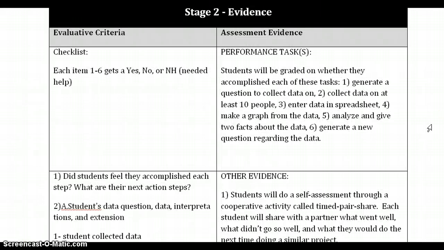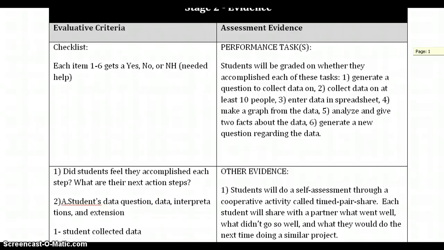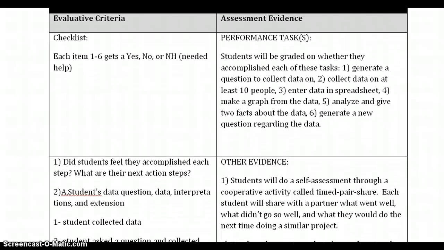Alright, the next stage, stage 2, was the evidence. And in this, I broke it into 2 basic sections. There's the performance task, which I'm going to plan to use a checklist because that's easy for me. I use a clipboard and I just have each child's name on the clipboard, and it's easy to write a number, or in this case I'm writing yes, no, or NH, meaning needing help. So each student will be graded on whether they can accomplish each of these tasks: to generate a question to collect data on at least 10 people, which I'll probably be pretty flexible on,